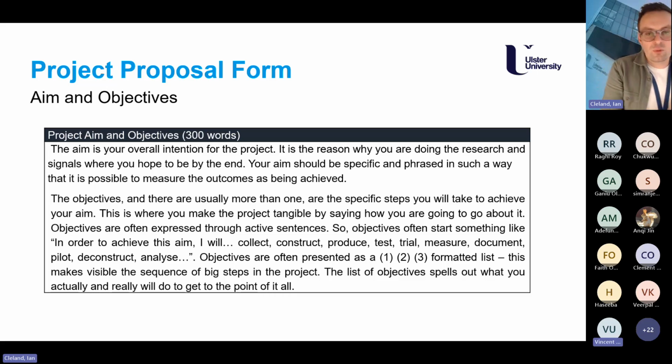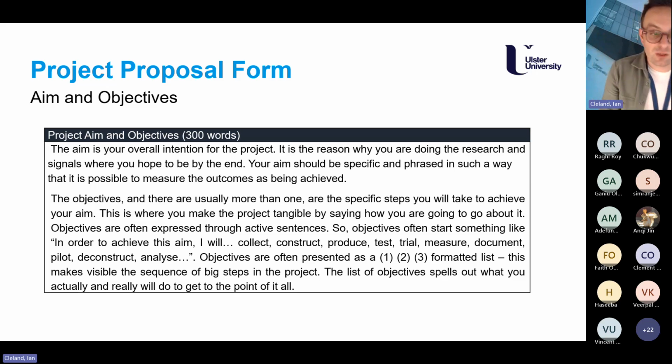Okay, so we've done our problem, and we've done our background literature review, and now we're moving on to think about the aim and objectives. Sometimes there's some confusion over what the difference is between an aim and objective. You can think of an aim as the big overarching goal of what you want to achieve. So if we use that example I've been using throughout today of trying to classify skin disease using deep neural networks, our aim might be to try to identify what the best architecture for a deep learning model is for skin disease classification. So that would be our aim.